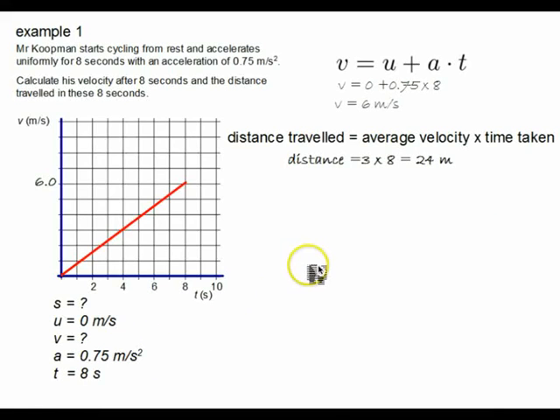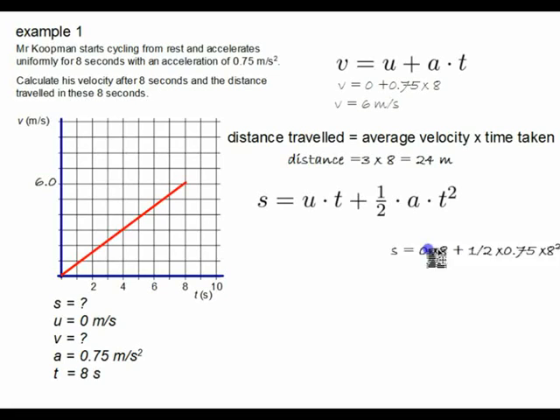Another way to find the distance traveled is to use this formula over here. Again, we know everything which is needed to solve this problem, so I can simply fill in everything and put it like this. The calculations are a little bit more complicated, but if you solve this properly, use your calculator, you will find again that the distance traveled is 24 meters. But there is